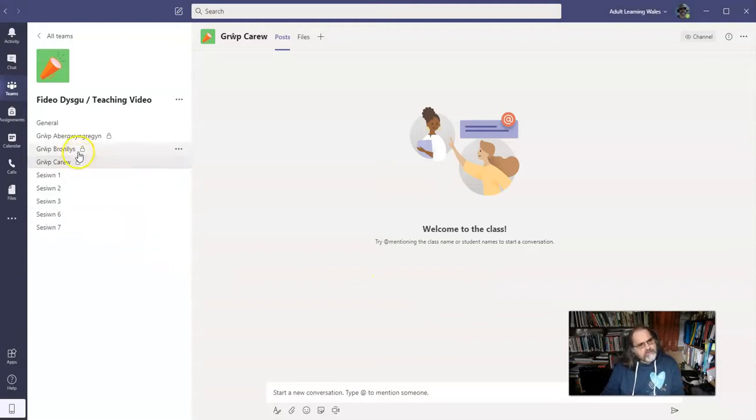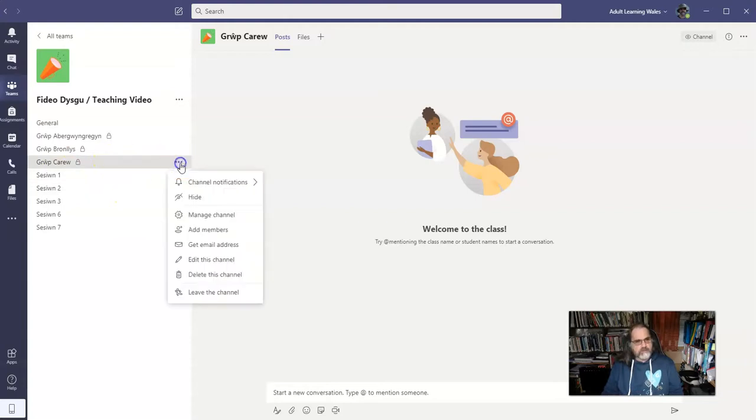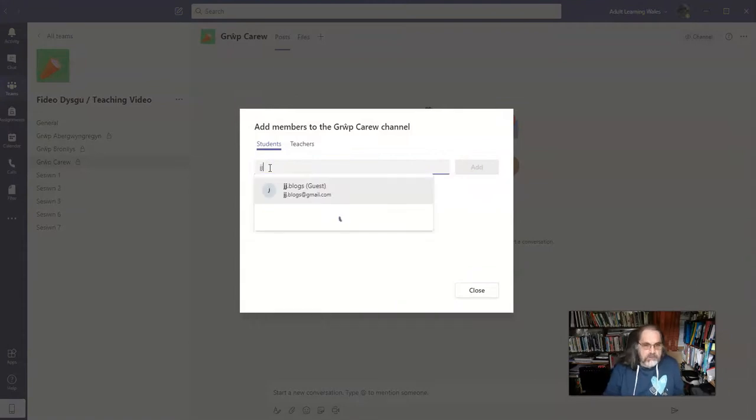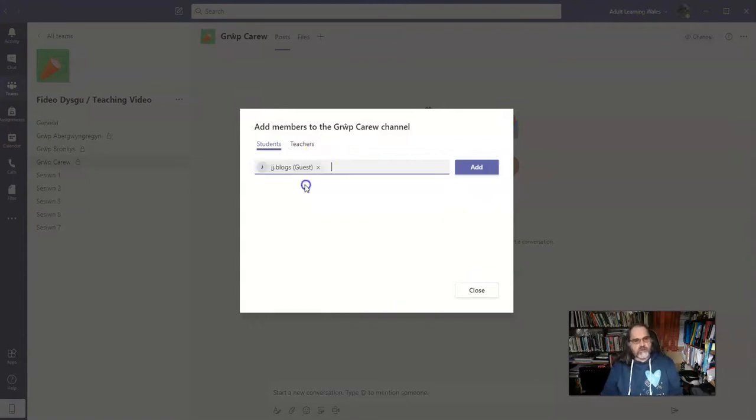And it has a padlock. So it's the same thing. You add learners to it just like you do to anything else. So add a member. Let's go for JJ Blogs. It's already in my team. Okay, so